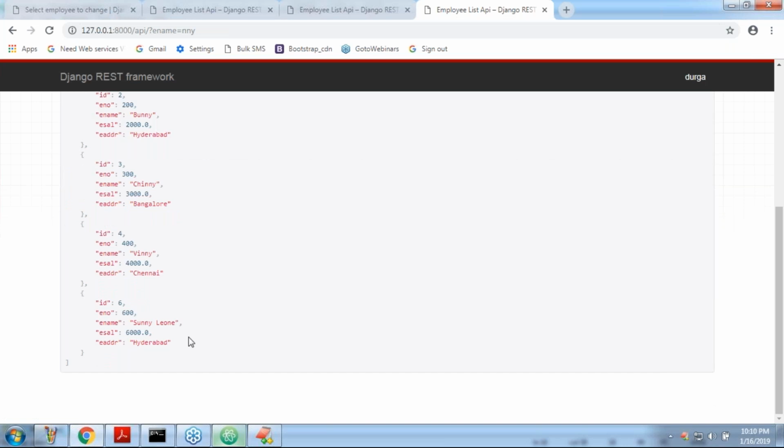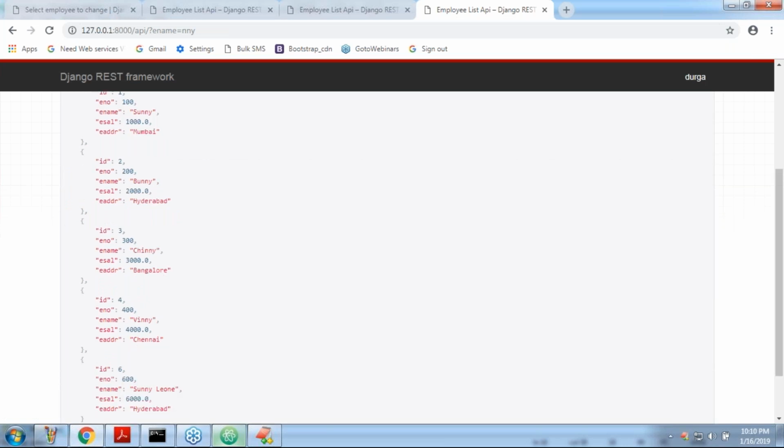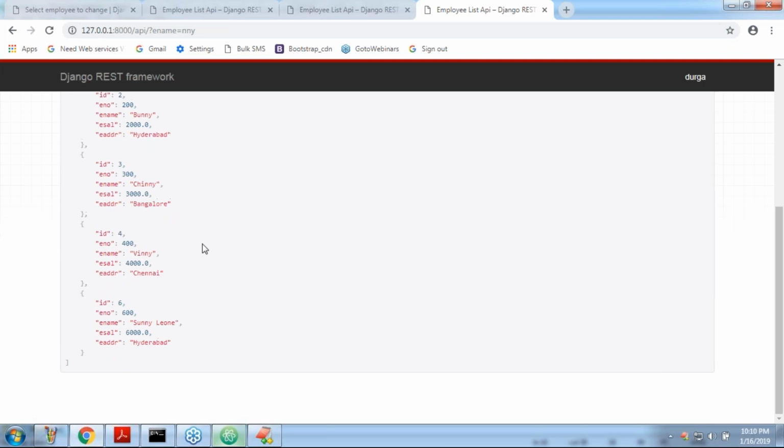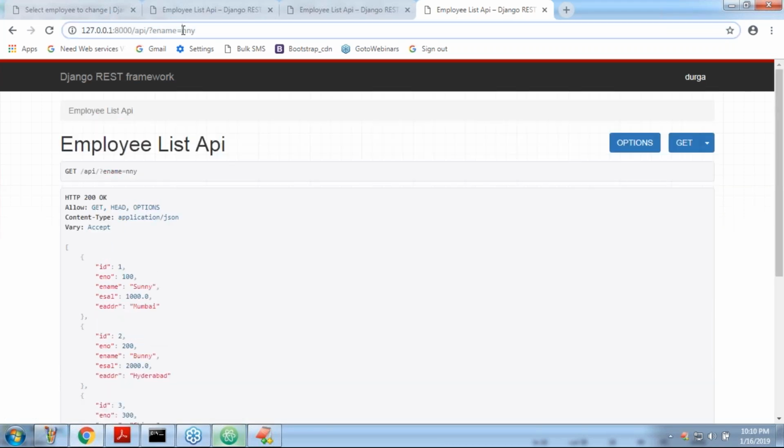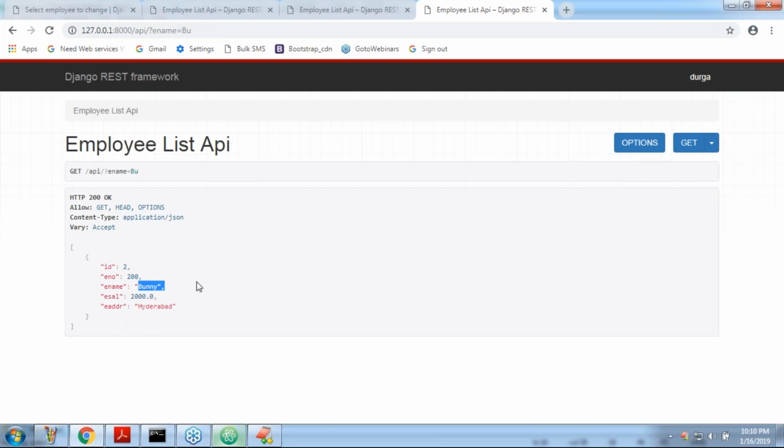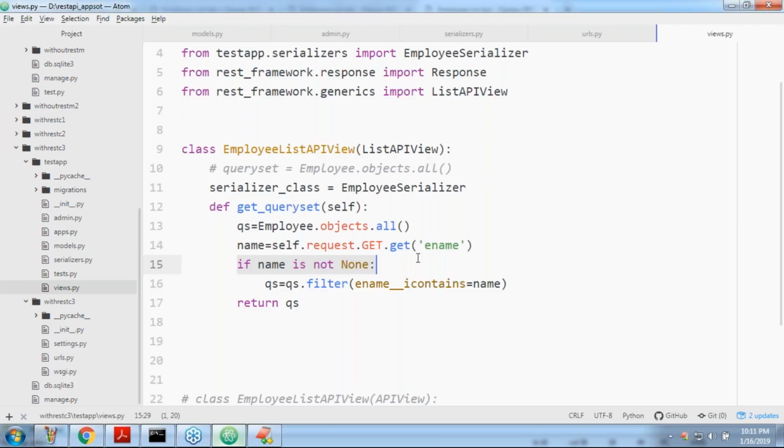Sir, now just whose name contains BU. Now only Bunny. This is the contains method I used. Have you observed? ename contains. If it were ename iexact it would mean exact name, but here it is contains, so the result set becomes more optimal.